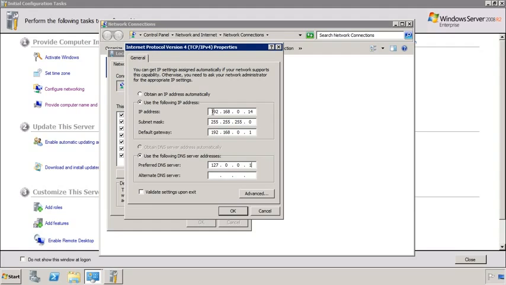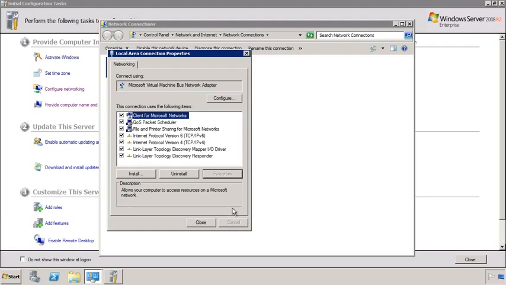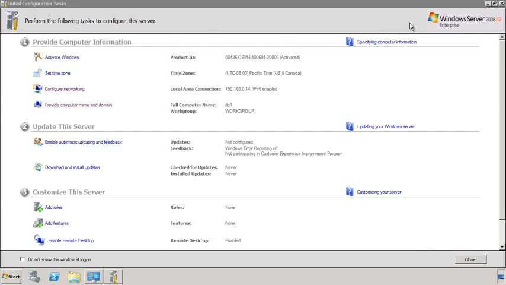Notice when I set the DNS server's IP address, I have set it to 127.0.0.1. This is the loopback IP address. This will direct all DNS queries back to this server. Since I will install DNS at the same time I promote this server to a domain controller, this is not a problem. Once I exit out of the network configuration, in the initial configuration tasks, I also get the option